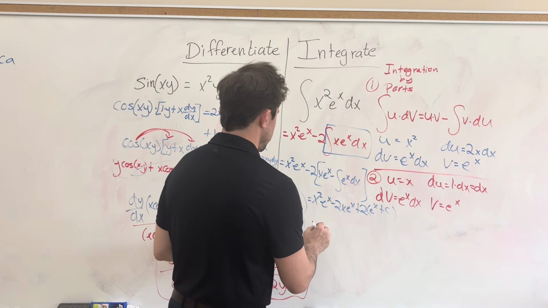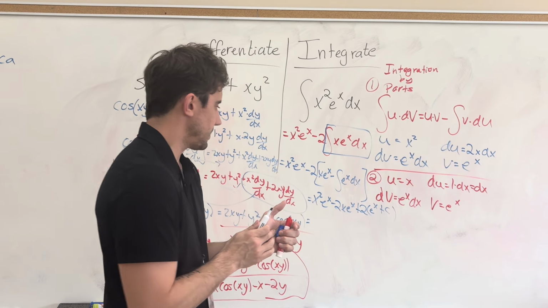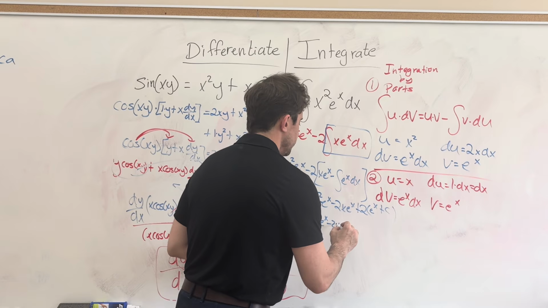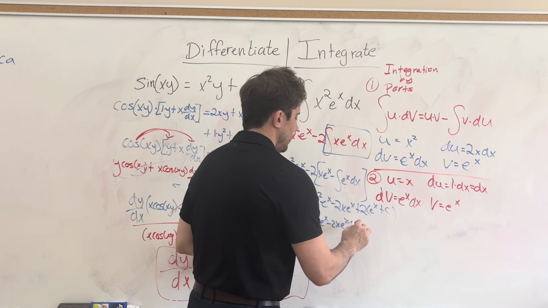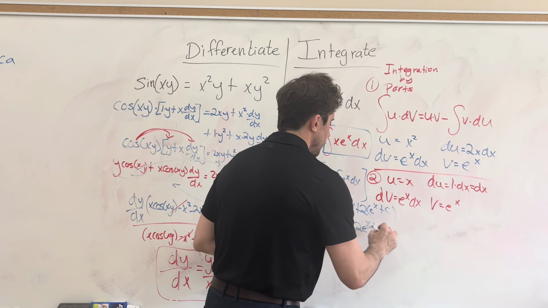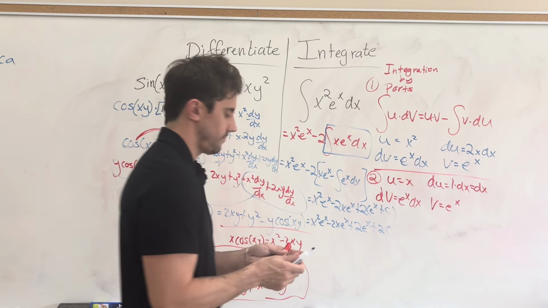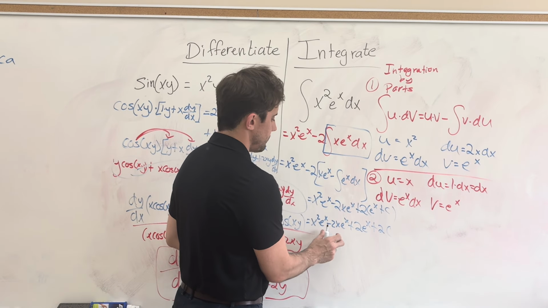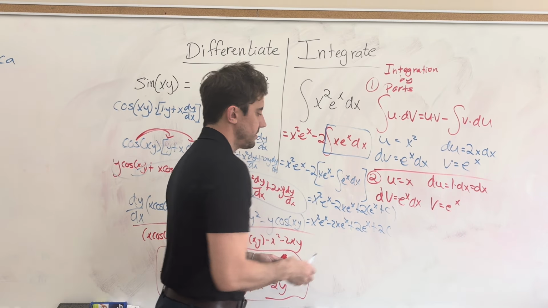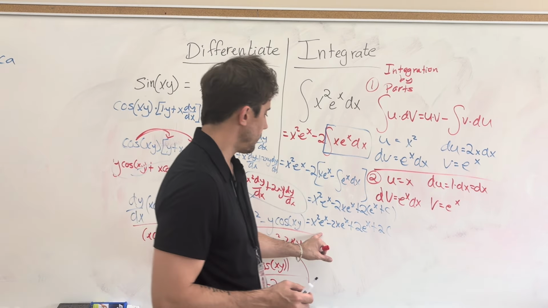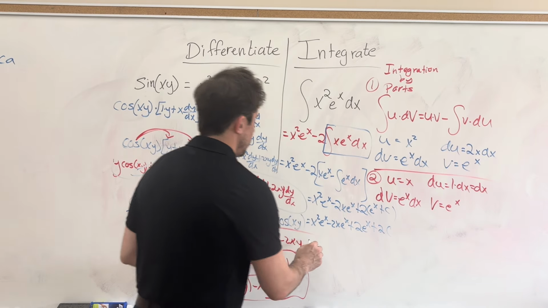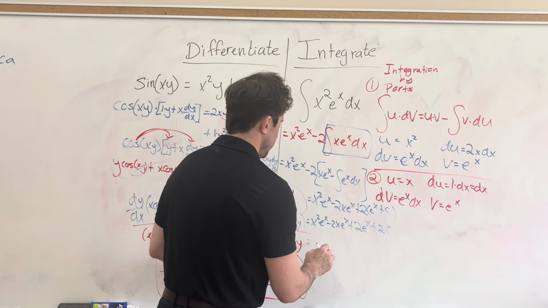And so now let's finish things off with an expression that's as simple as possible. We'll have x squared e to the x minus 2x e to the x plus 2 e to the x plus 2c, right? And we could leave it like this, but you might notice that there's an e to the x shared amongst all 3 of these terms. So we could factor that out for good measure, and we could say that this integral evaluates as e to the x